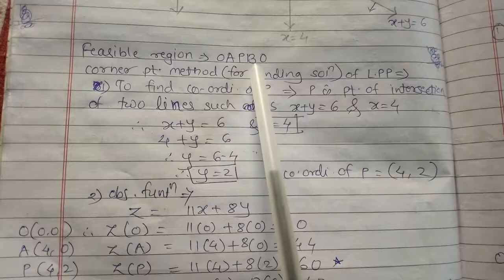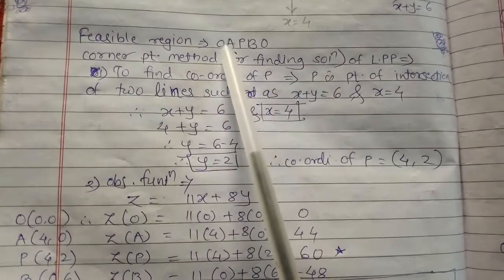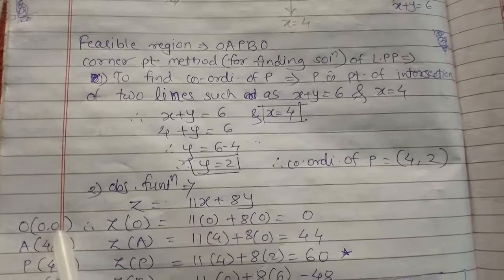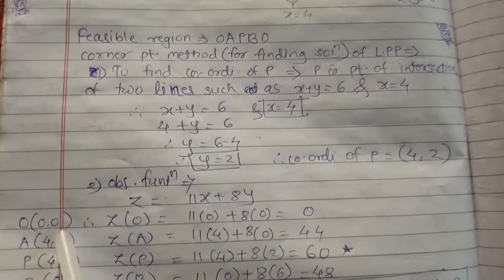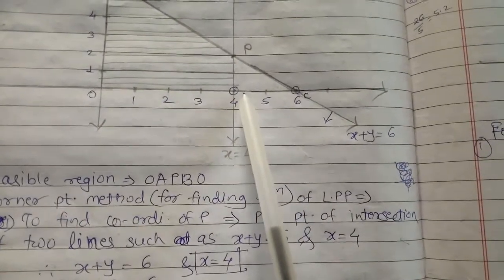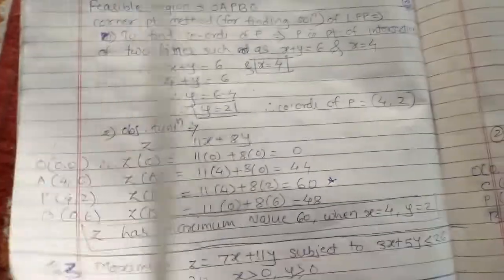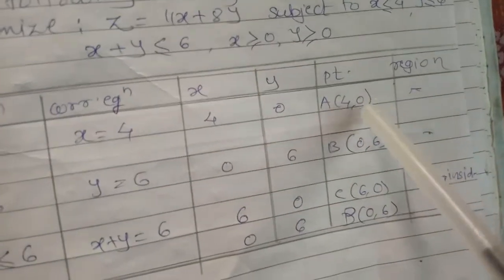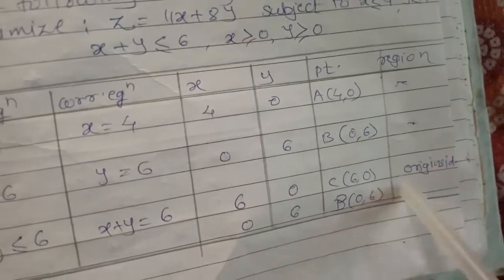Now you have to just put down these points here. So the first point is O. The coordinates of O, you know that it is the origin, so the coordinates are 0 0. Next one A. So see here A, the coordinates of A are 4 and 0. So you already write it in the table. So see here, the coordinates of A is 4 0, B is 0 6, C is 6 0. So just we have to write down this again.